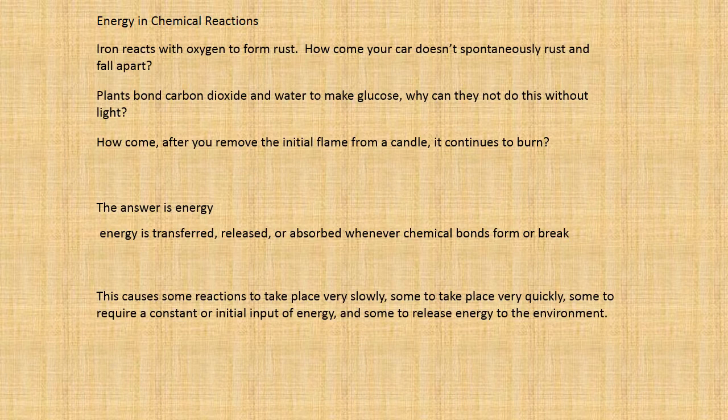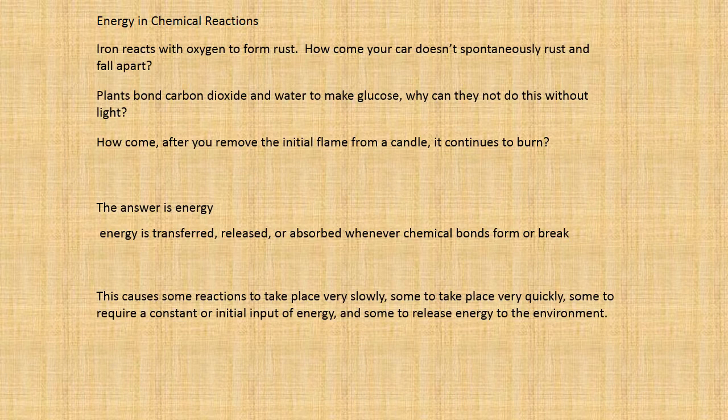For another example, to light a candle, you must add a flame from another match or lighter. But after the initial flame has been removed, the candle continues to burn. How come? Fire produces heat and light, both are forms of energy. Where does the energy come from? The atoms in the wax are held together by chemical bonds. Once that initial energy from the match was added, those bonds begin to break. As they break, they release more energy, which keeps the flame going and fuels more molecules in the wax to